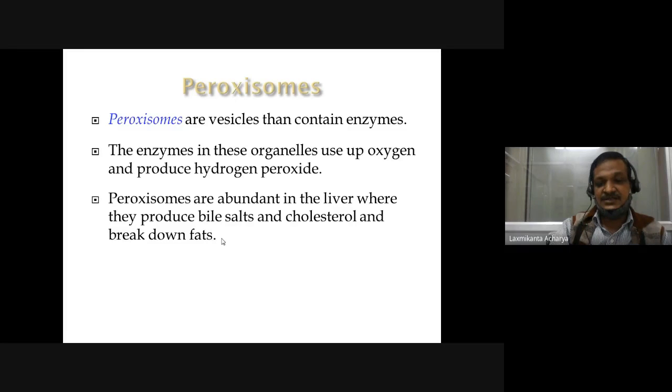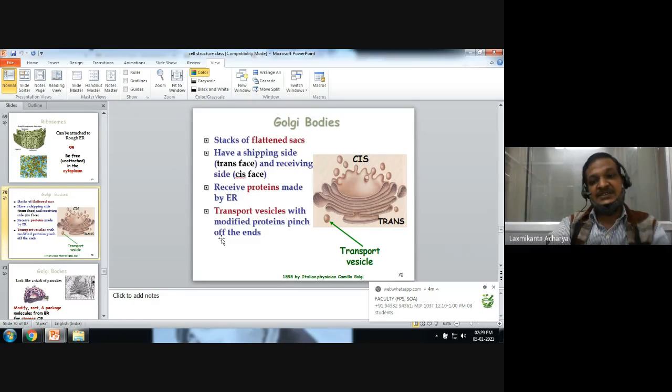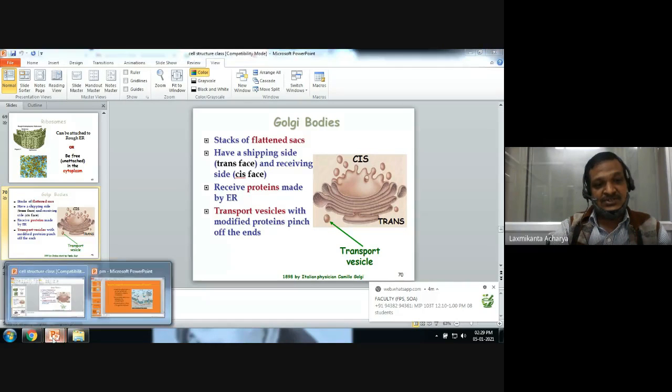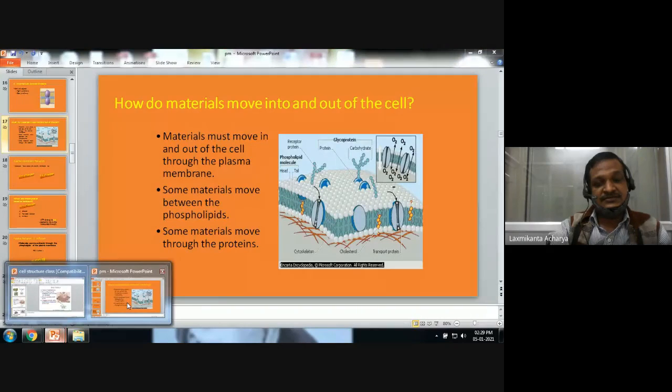Okay, and these are very much abundant in your liver, and they produce bile salt and cholesterol and break down these fats. So this is all about your cell organelles that are present in a cell. In a very short span of time, I discussed all these organelles, and today we will switch over to the most important thing that is present around a cell, that is